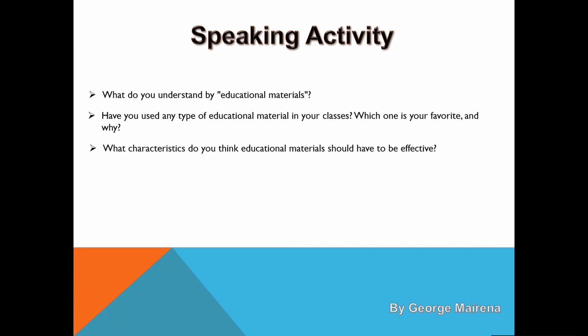Another characteristic that I think we have to take into consideration is being engaging, right? Because remember that we have to engage the student, we have to involve the student in the classes, especially when you're developing speaking, right?